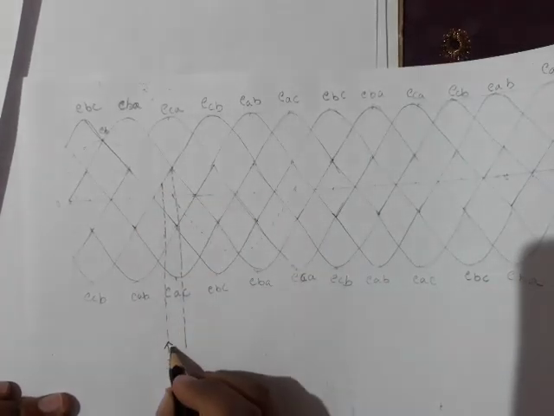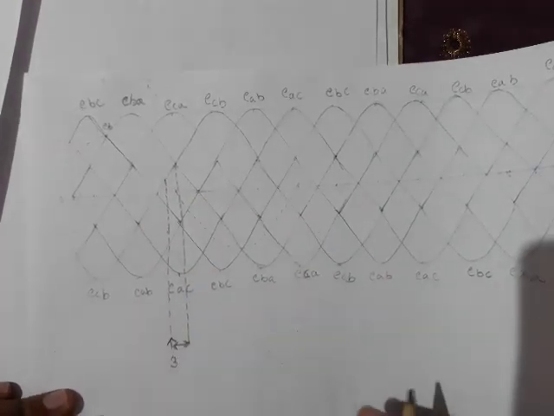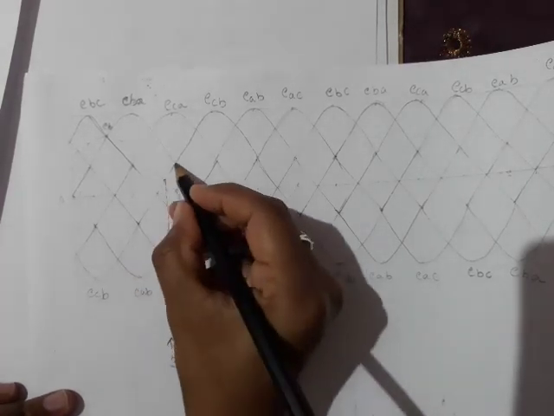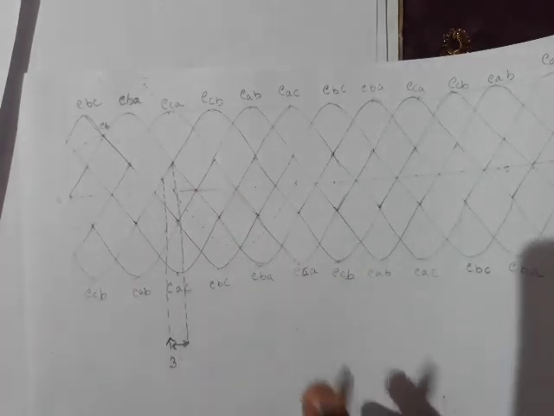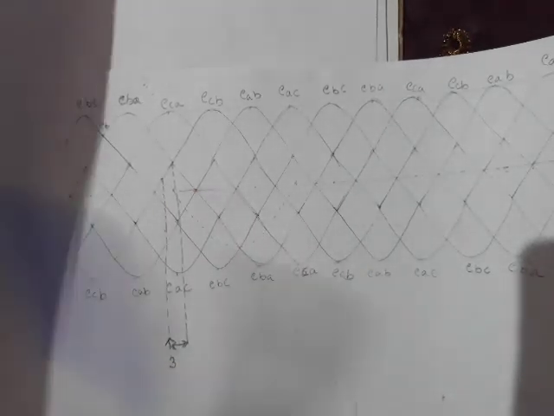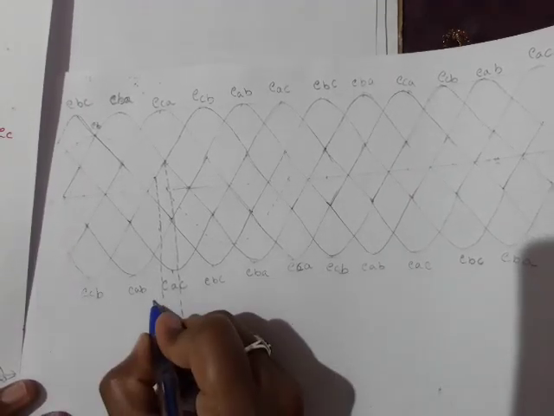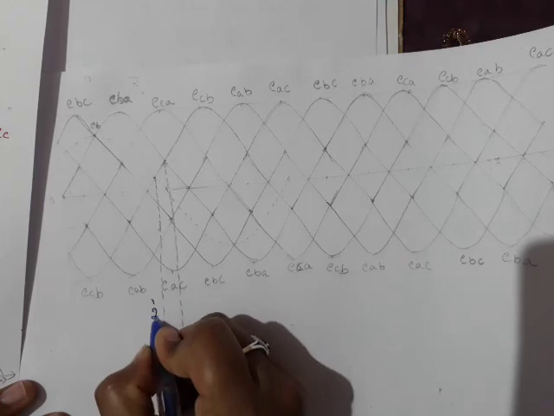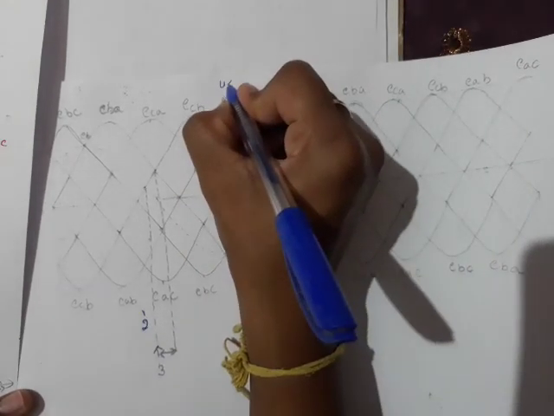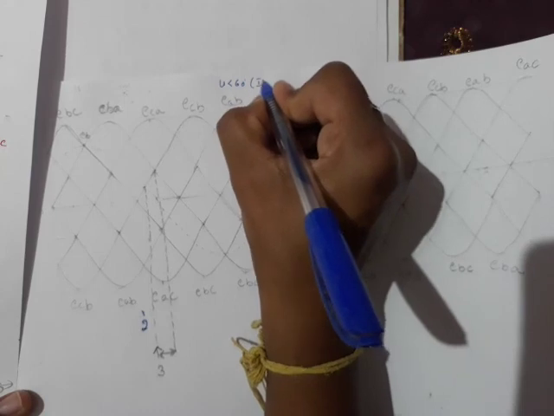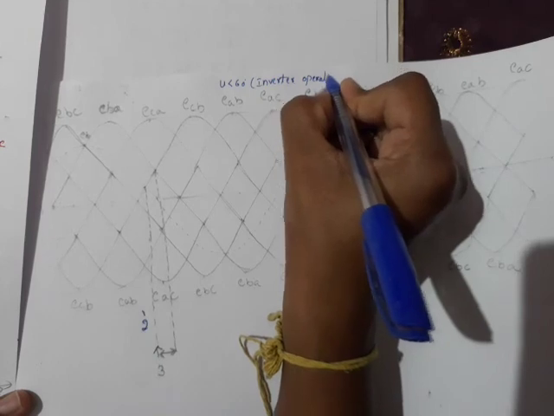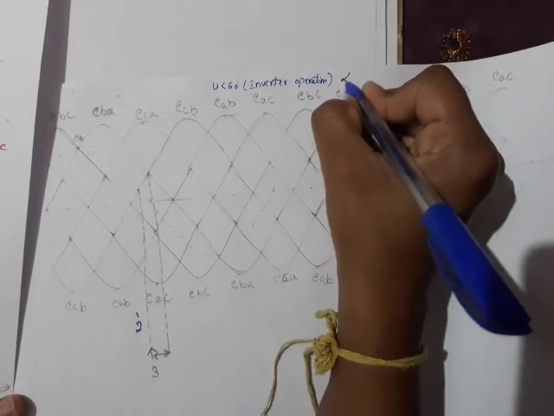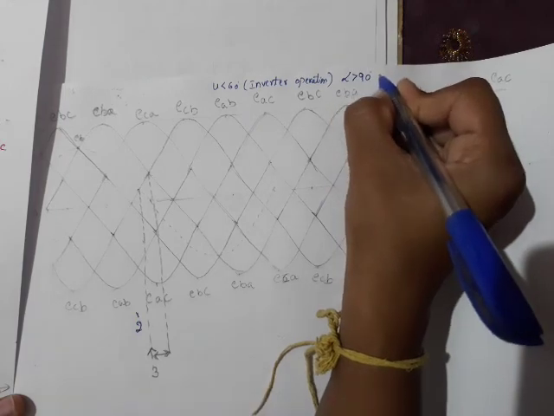So this is the overlap angle duration. This is alpha, and this is up to the overlap angle. We have enough time to switch off the valve. Before valve number 3 comes into conduction, two valves conduct, 1 and 2, with U less than 60 degree. We are writing this for inverter operation. The special thing is alpha should be greater than 90 degree and it should be less than gamma. That is what we have taken.